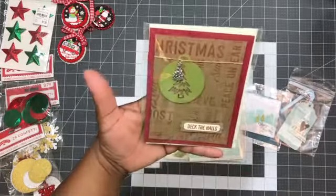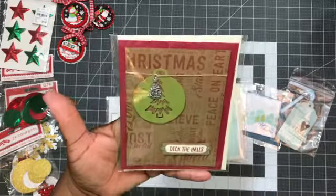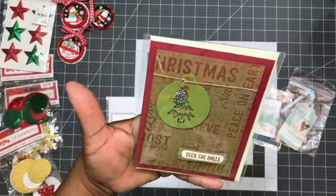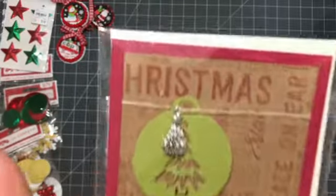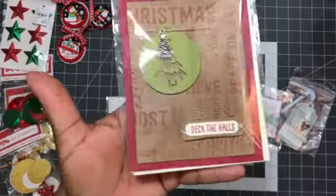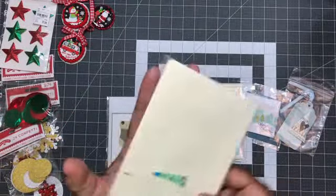So on this first one, she did like a red cardstock background. It looks like she stamped a bunch of words on some cardstock. It says peace on earth, Christmas. Then she has some twine with a little ornament with a Christmas tree punched out, and then there's a Christmas tree charm on the front, and it says deck the hall. She has that popped up with some bling on the sides, and then looks like her envelope is embossed with